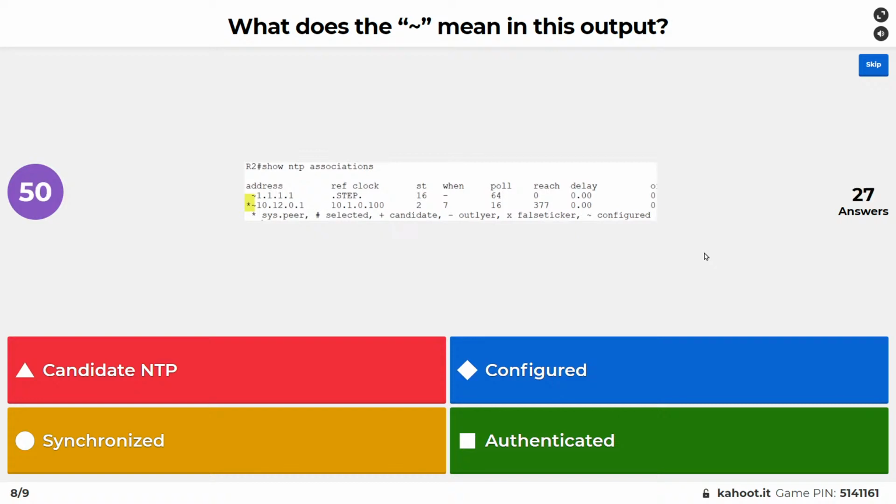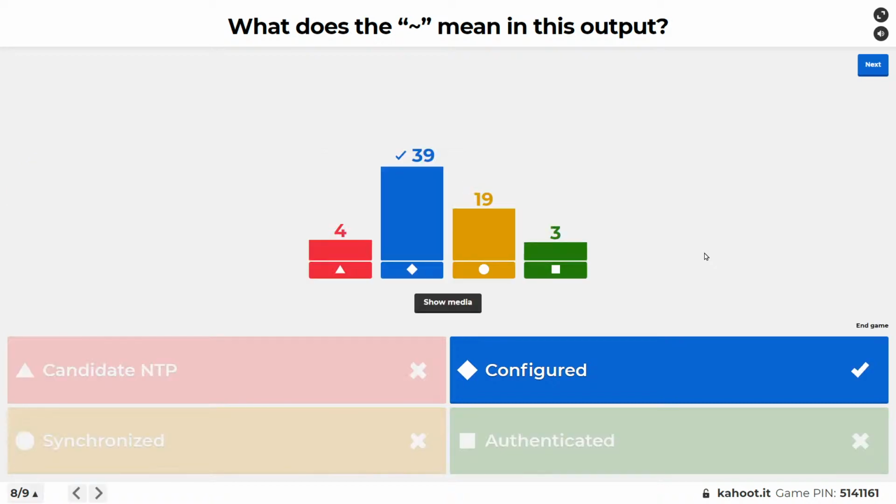Faster answers get more points. All right, that means that's the configured time server that we're dealing with.